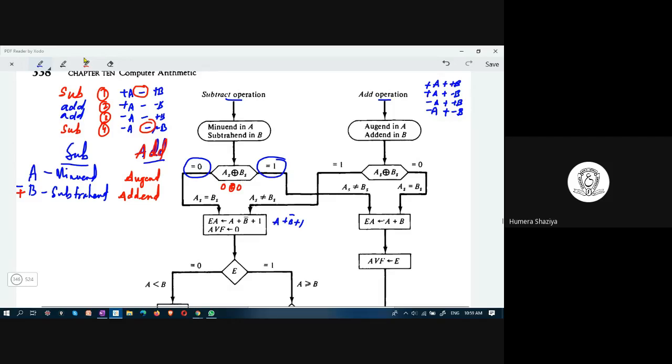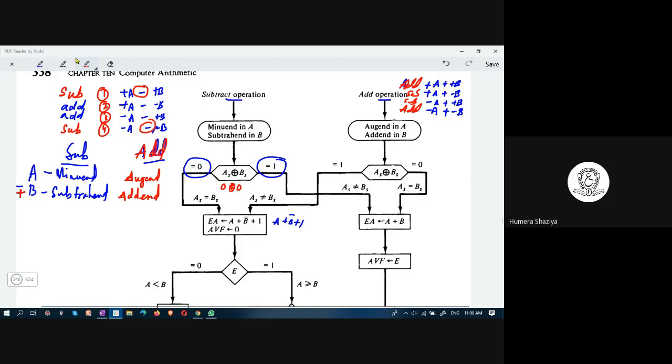A plus B. Likewise, when both the signs are same, when A is plus and B is plus, addition is performed. When A is minus and B is minus, in this case as well, addition is performed. If any one sign is negative, then the minus operation is performed. So here in 4 cases, in the first case, addition is performed. In the second case, subtraction. Third also subtraction. Fourth is addition.